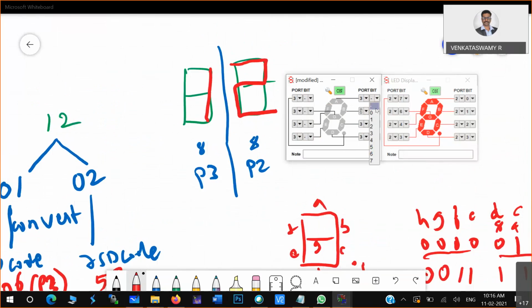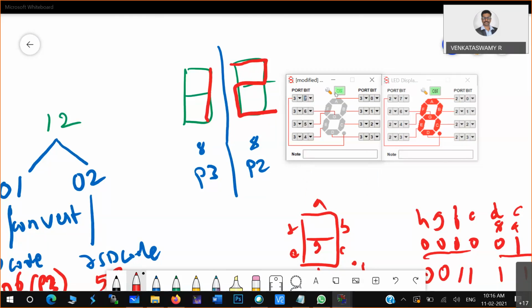The connections are in the same sequence: 0, 1, 2, 3, 4. Whatever I select in the drop down is equivalent to making the physical connection in the microcontroller, meaning you connect the physical pin P3.0 to the LED.